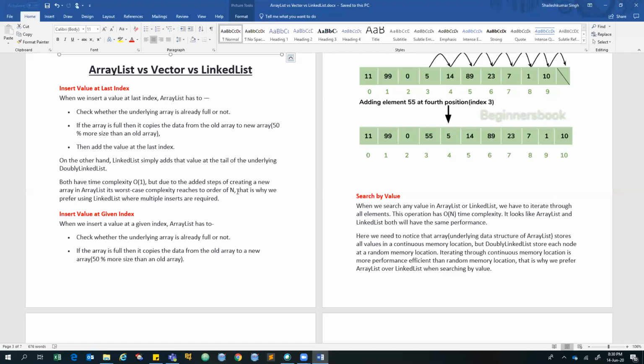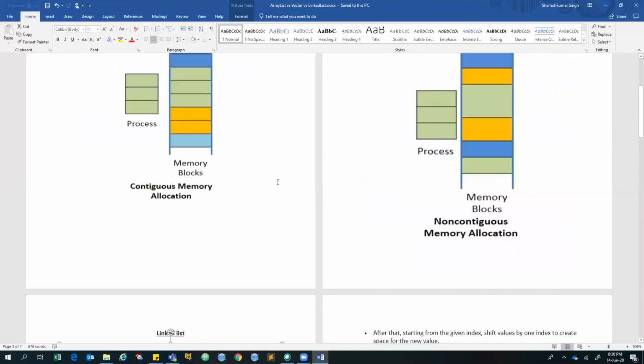So what is the most advantageous thing in array list? It is how it organizes its storage pattern, how it stores in memory. It stores in memory in contiguous locations, meaning it follows a contiguous allocation pattern. You also need to understand what contiguous is.